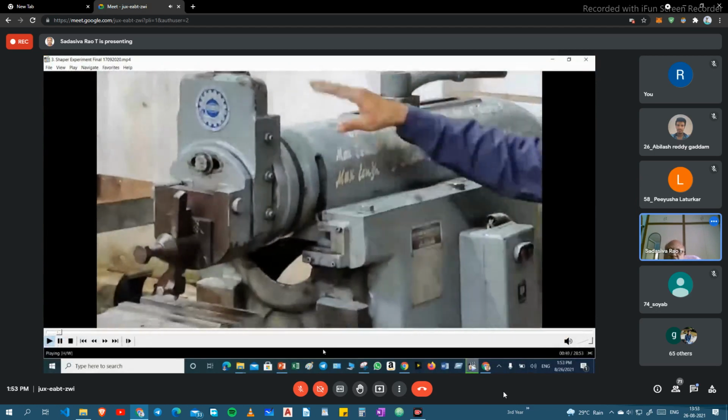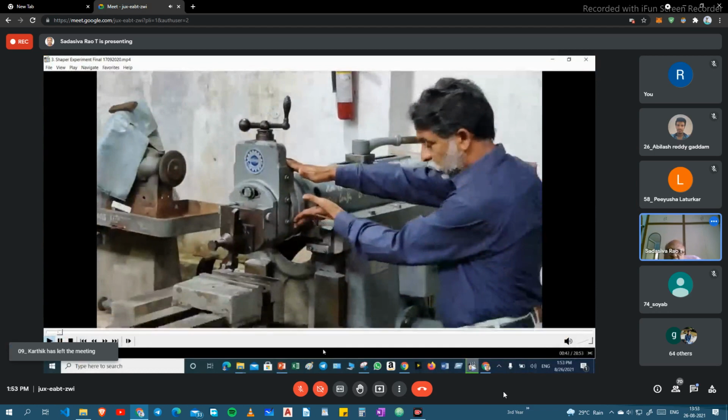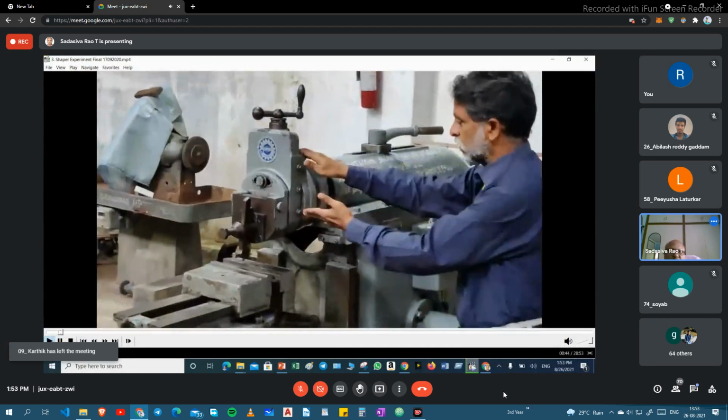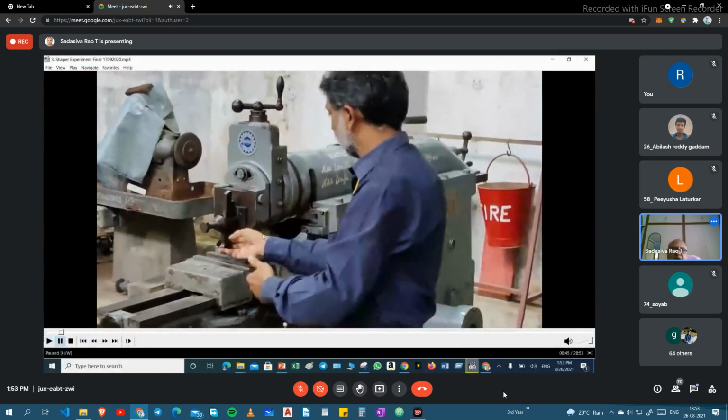Okay. This is the full head, and here the degrees are marked. Say for the V block, V cutting, we have to set the angle. During that time, say 45 one side and 45 another side, total 90.